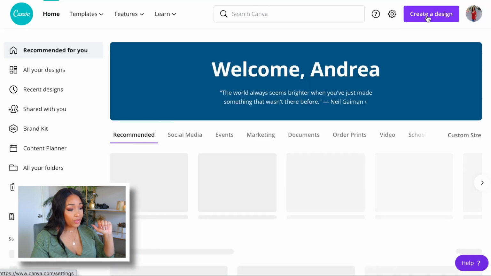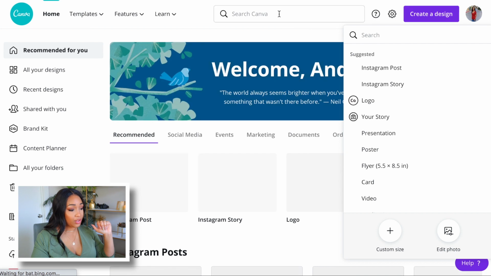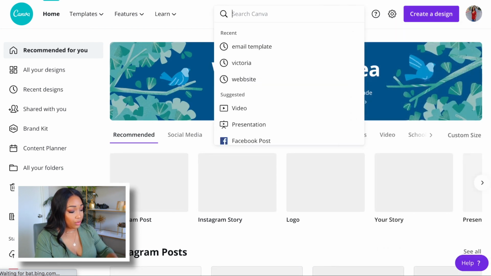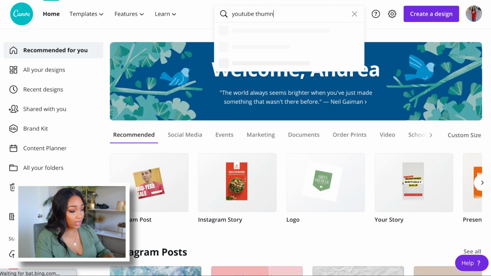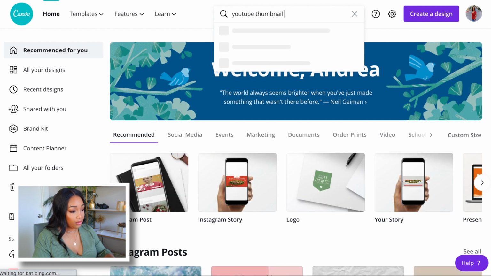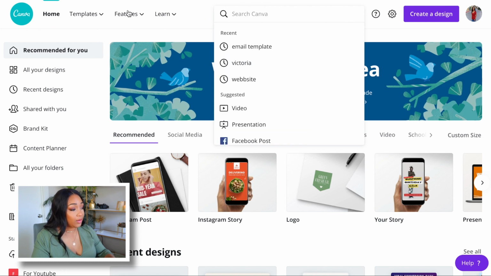Okay, so you can go up here to create design, or what you can do is you can go up here to YouTube thumbnail. Sorry, my computer's going slow. And you literally click YouTube thumbnail, or of course you can just go ahead and put in 1280 by 720 pixels, okay? So since I already have that done, what I'm actually gonna do, I'm gonna go back and I have a